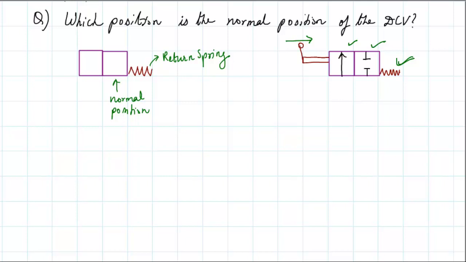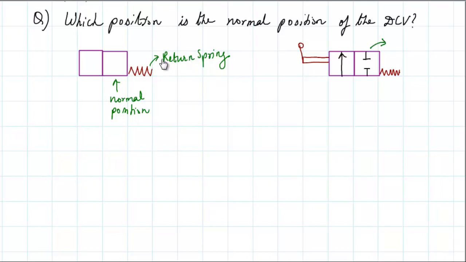So with this lever movement, this position is what is happening, where the fluid is entering the pressure port and leaving the actuator port. That is what is happening. But when we leave the lever, the normal position comes, wherein no fluid is passing through the pressure port and nothing is going to the actuator port. So here also the normal position is basically this one.